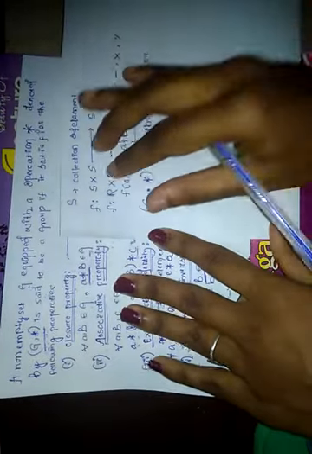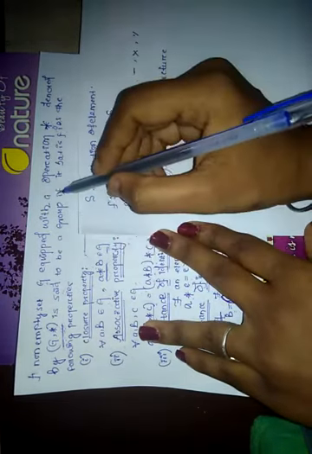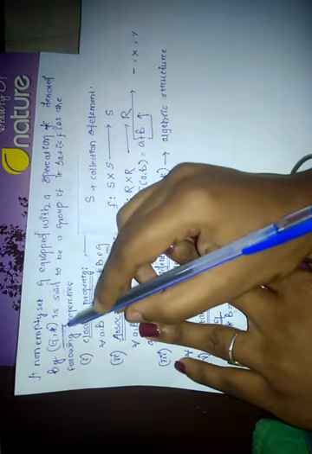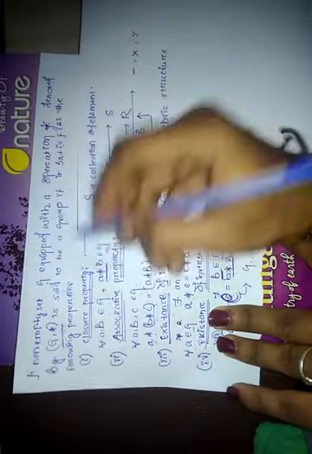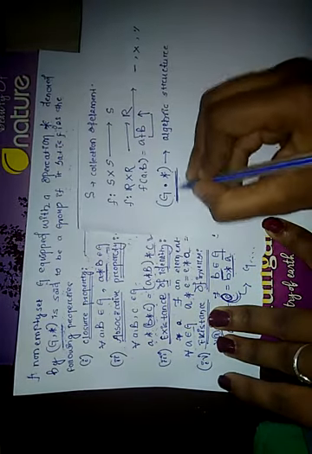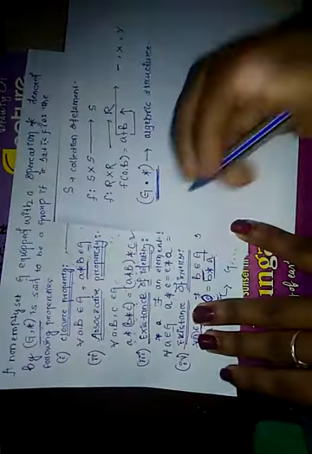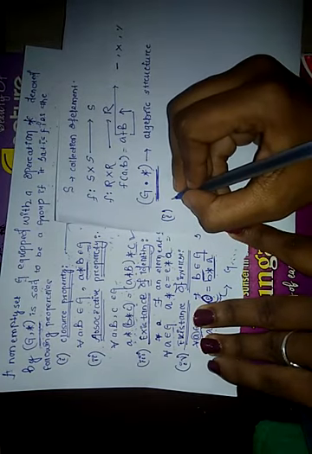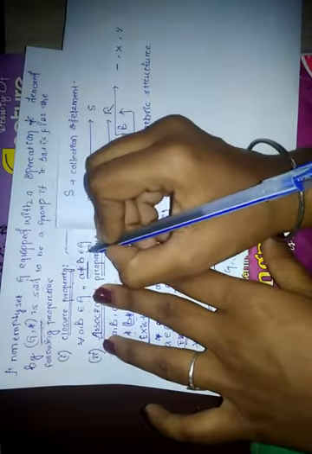Now we are going to know about the definition of a group. A non-empty set G equipped with an operation star, denoted by (G, star), which is nothing but the algebraic structure, is said to be a group if it satisfies the following properties. First one is the closure property. We take two elements a, b belonging to G, then a star b belongs to G.